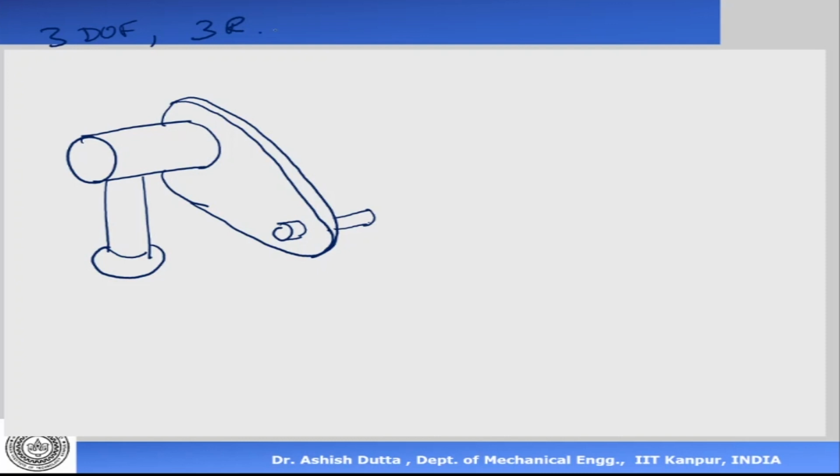So this is my first revolute axis. Let me mark it here. This is my first revolute axis. This is my second revolute axis, and that's my third revolute axis. So I say this is my z-axis, the axis of rotation here. So Z0 and Z1. This is Z2, and that is Z3. Okay, these are the 3 axes of rotation. Now you should be able to visualize how we are getting these 3 axes, and what happens when it moves.